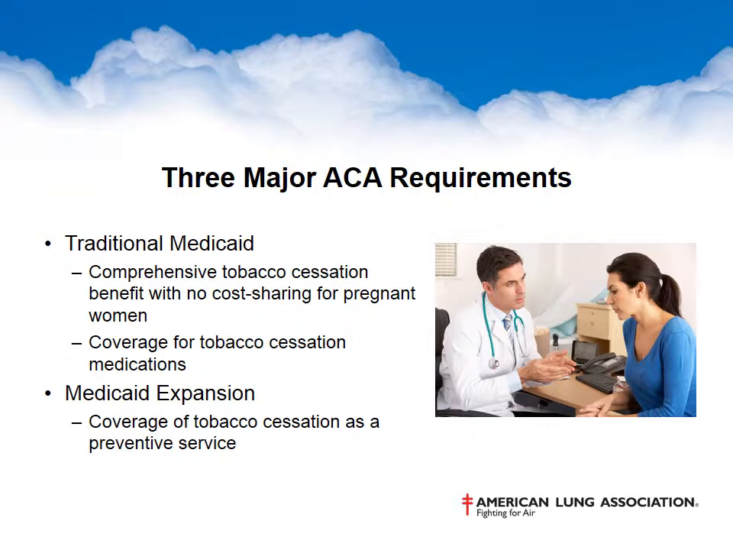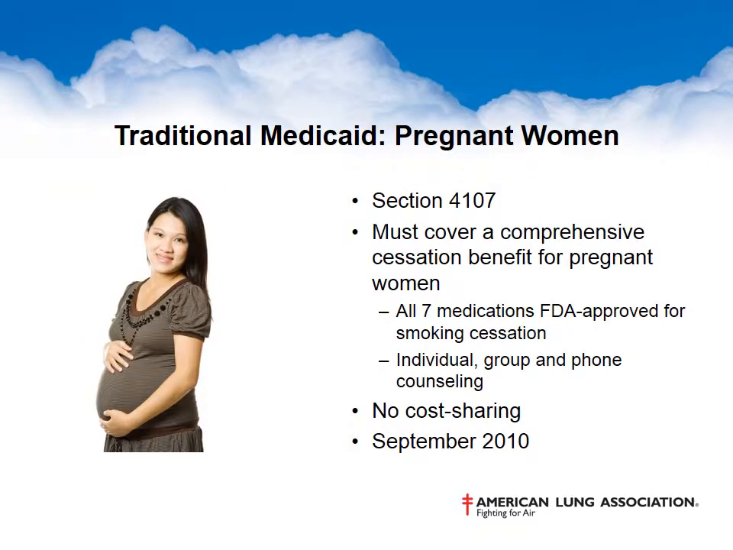And there's also a requirement for coverage of tobacco cessation medications for the whole population. Additionally, I'll also talk about the requirement for Medicaid expansion of covering tobacco cessation as a preventive service. First up is the requirement that was implemented first, which is the requirement for cessation coverage for pregnant women on traditional Medicaid. That requirement comes from Section 4107 of the ACA and says that each Medicaid program has to cover